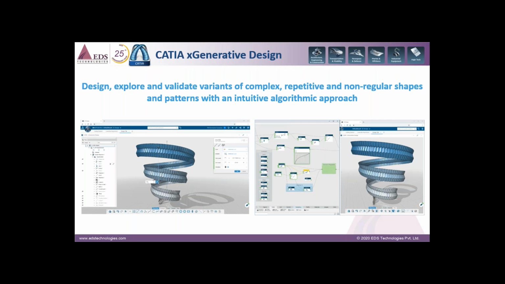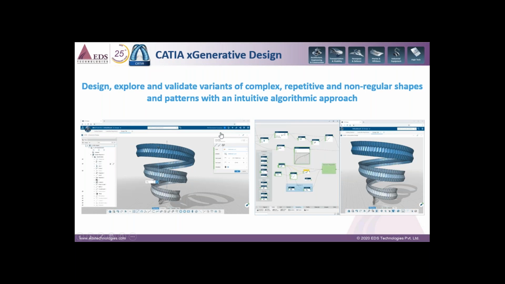So you have done modeling and analysis, but there must be some ideas from the academic point of view to create complex shapes, inspired by nature. For example, creative designers who can explore different designs, like architects exploring different configurations within a design space, or mechanical designers who want to create faster and intelligent adaptive designs, so that a user can design, explore, and validate the variants of complexity involved while creating the design, and irregular shapes and patterns with an excellent algorithmic approach, which earlier Kiran has spoken about, mind mapping.